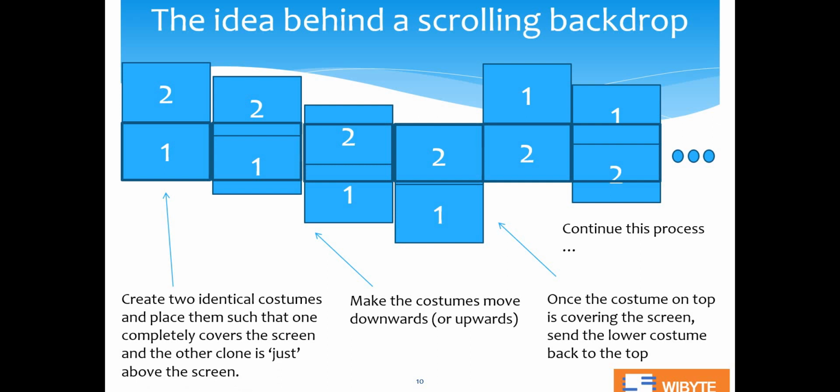So now what we can do is that once it reaches this point, all I have to do is to somehow send this guy back up here, and then have this entire process repeat over and over again. So one will take the role of two earlier, two will take the role of one, and when they start falling down, one will be here, two will be down, and now this process will repeat forever and ever again, and it will look like this thing is really scrolling in front of you.